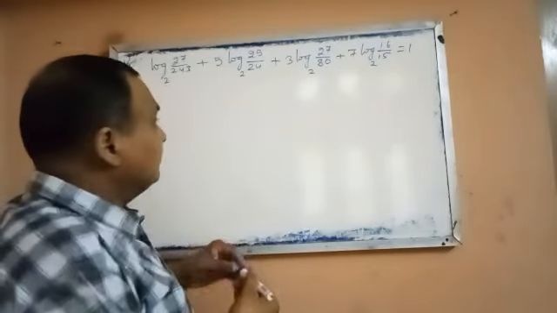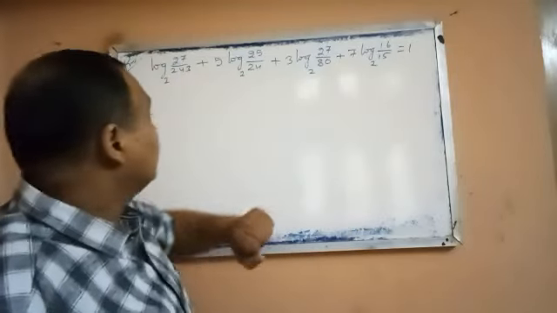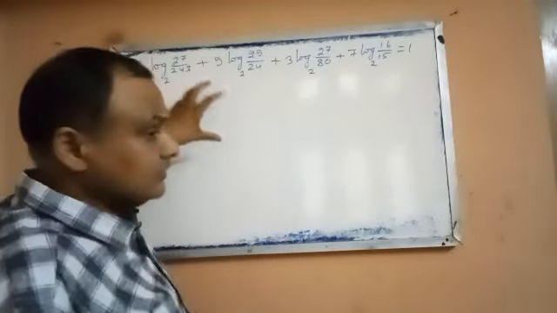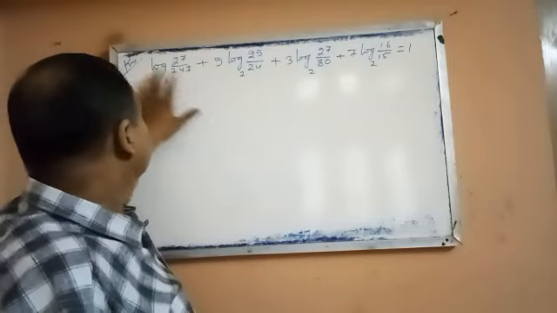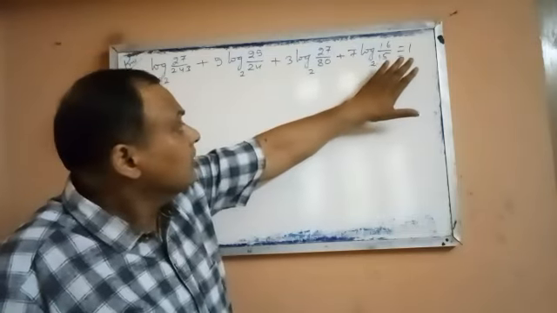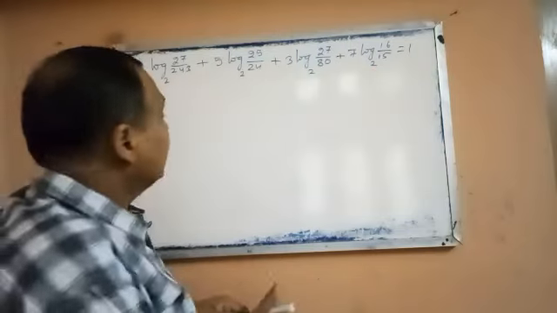So if they ask simplify, then this equal to 1 will not be there, and if prove that, whatever the basic form of the sums,